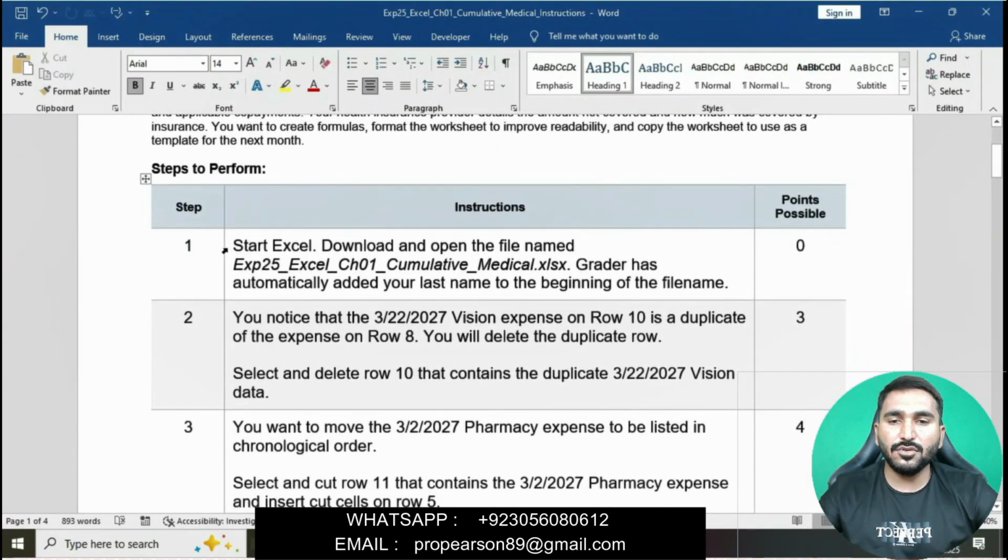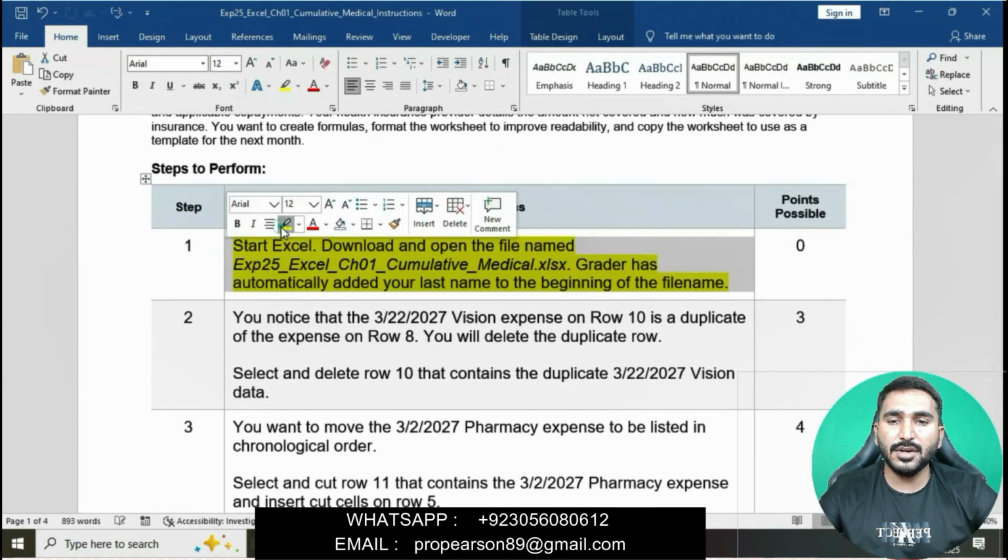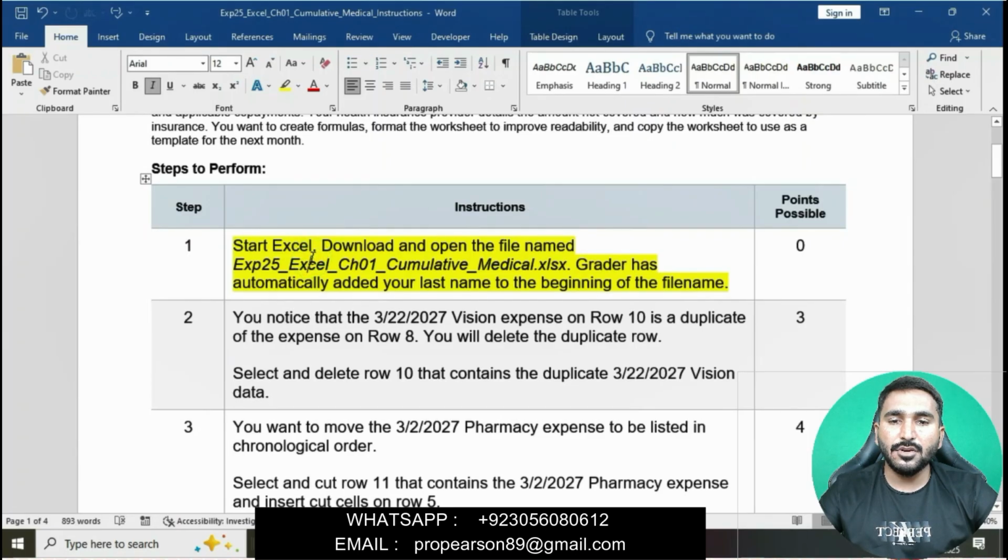Now moving on, question number 1. Question number 1 is to start Excel, download and open the file named XP25 Excel chapter 1 cumulative medical. Basically in this question we will have to download the Excel workbook from the Pearson IT Lab dashboard. You can download this file easily from your Pearson portal.